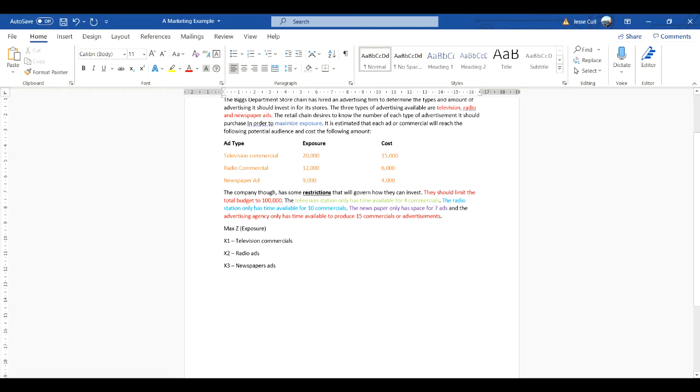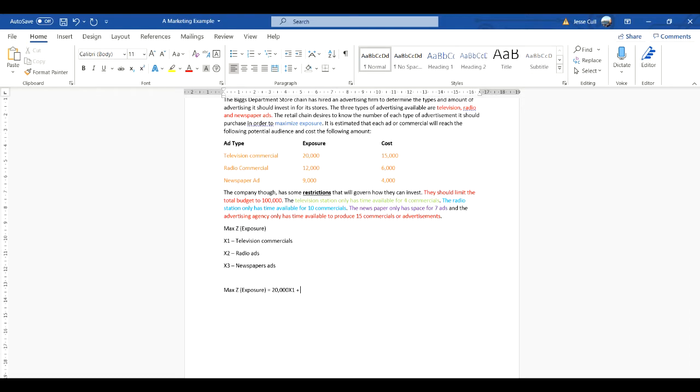So we write up here, maximize Z, knowing that Z is exposure, equal to 20,000 x1. That comes from this number right here. This is the exposure we will get times the number of television commercials we have, x1. So 20,000 x1